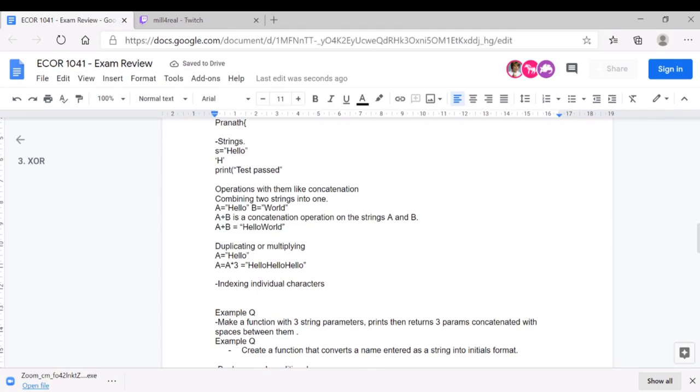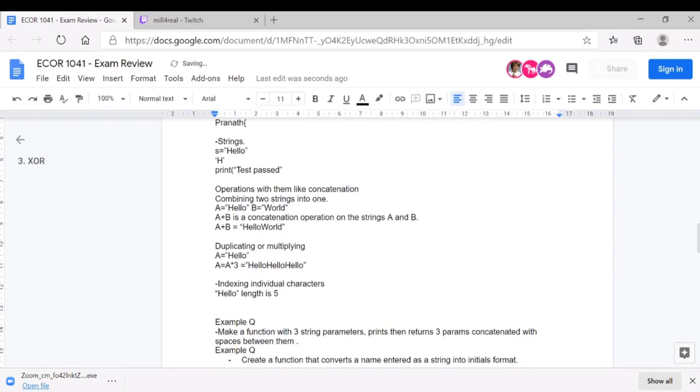Basically, every string has some size. So if I have a string called hello, it has a size of 5: 1, 2, 3, 4, 5. So the size or the length is 5, but a very critical aspect in programming is that the index and the count of length are different.